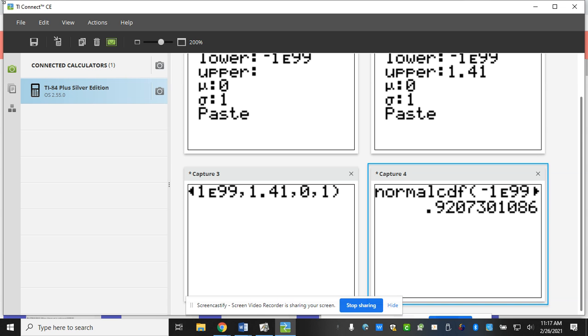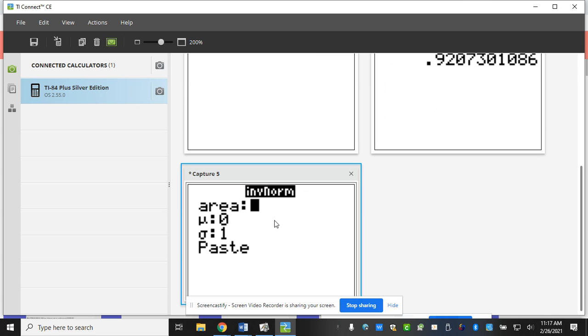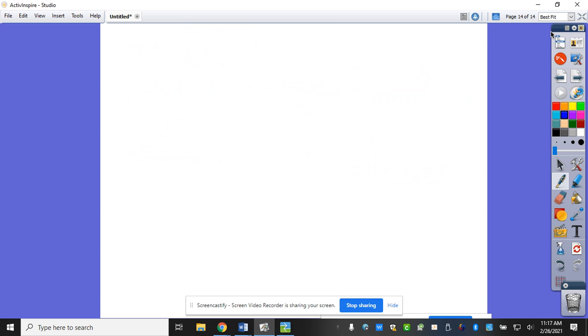The thing that I did not teach you is go to second distribution again. The third one down is inverse norm. And it gives you this. And this says, I'm going to find you a Z-score for the area that you want. So thinking last chapter, if we did well, I know that a 95% confidence level gives me a Z of